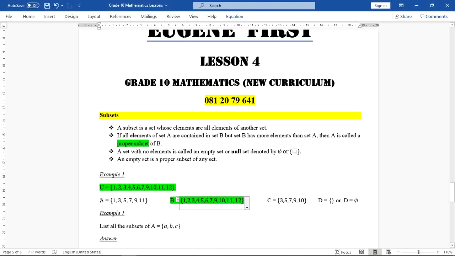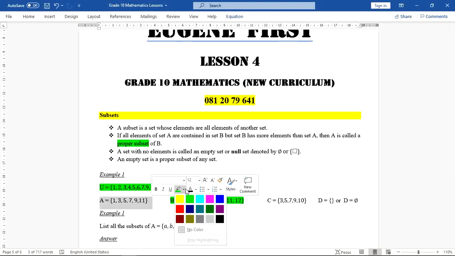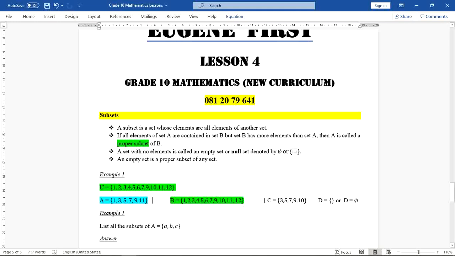So in this example here, this set A, let me put it in purple. Oh, no, that's not purple, Eugene. I also put this in the same color as the other ones. Okay, so